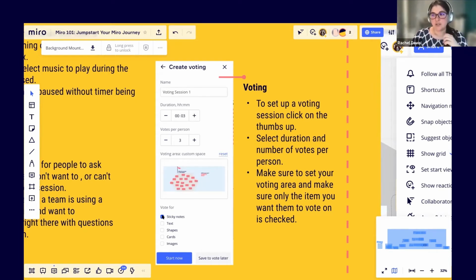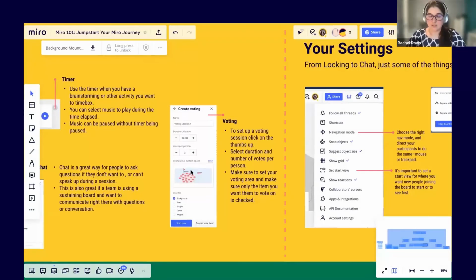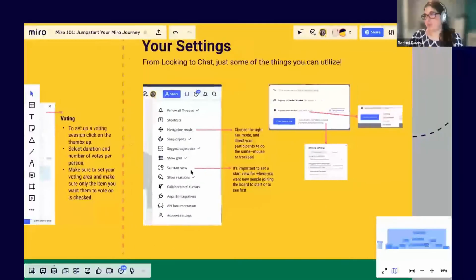You can identify whether you want them to vote on sticky notes, text, shapes, cards, or images. So let's say you had cards instead of Post-it notes, you would just keep cards selected, and then it would only allow them to vote on the cards. And you can set the custom space of where they're going to vote. I'll go into this a little more when we actually use it.